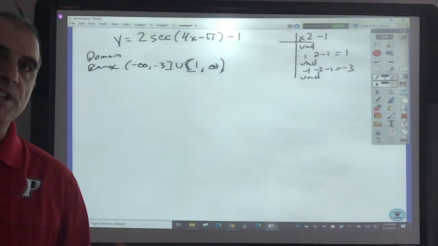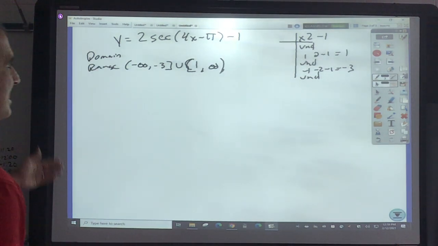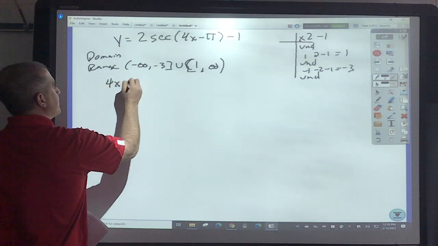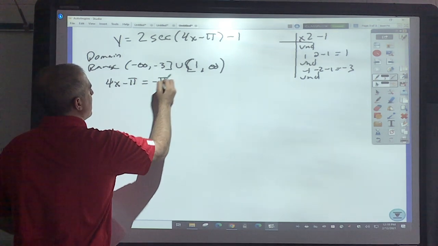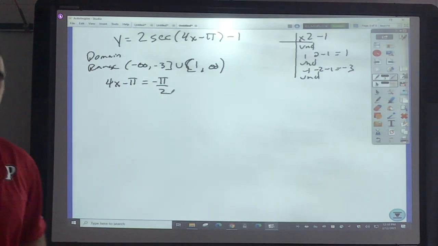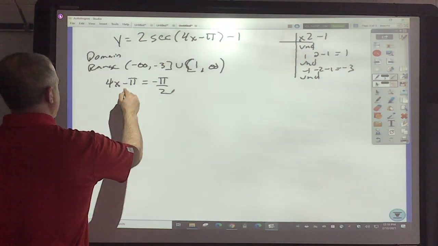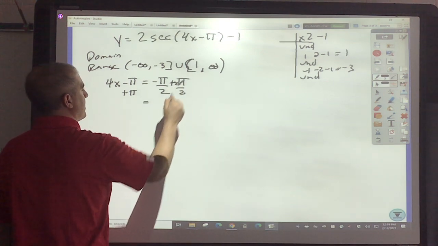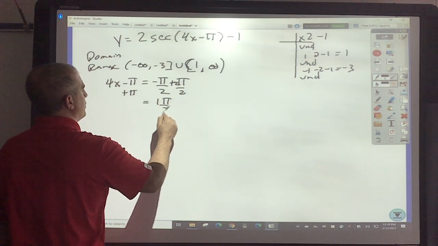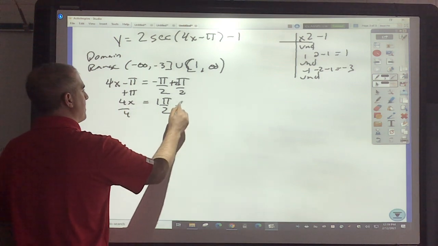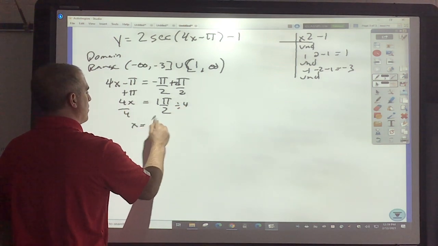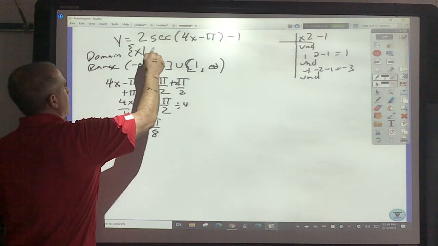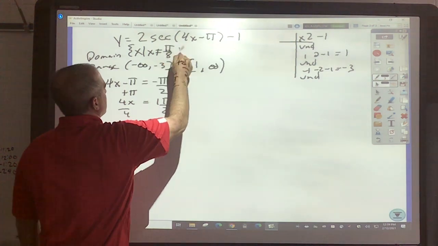Now, this is where this gets a little bit tricky. Got to do a little bit more work with secant. Remember, our starting angle in secant, I take this and set it equal to negative pi over 2. So secant and tangent are one of those special ones. So I would add pi, so that would be 2 over 2 to make a common denominator. It would be 1 pi over 2 with 4x, and then divide by 4. That's going to be pi over 8. That would be my first angle. So x such that x can't be pi over 8 plus,